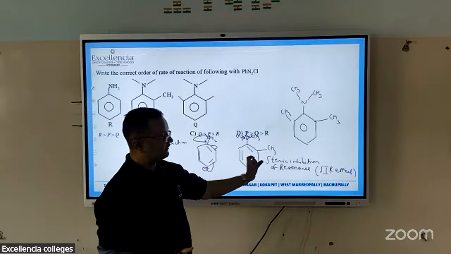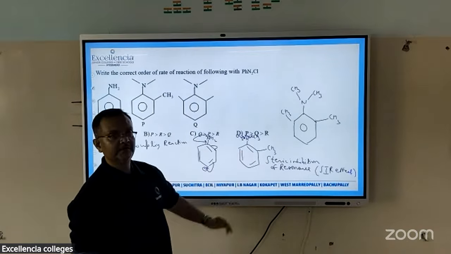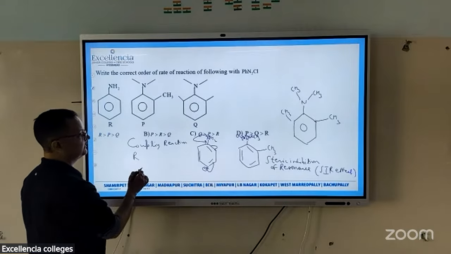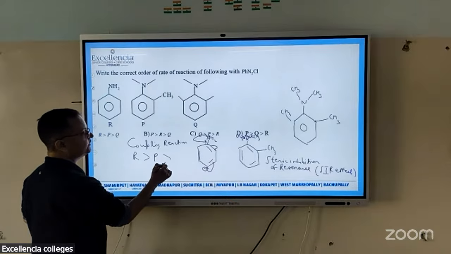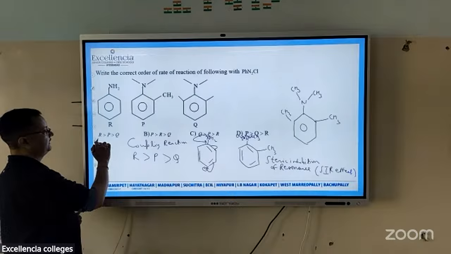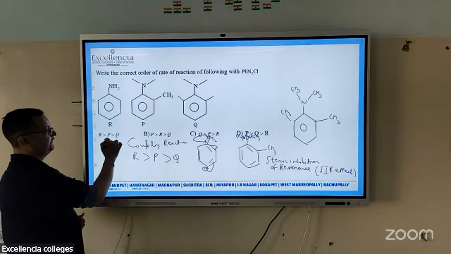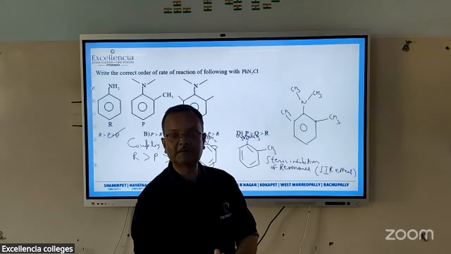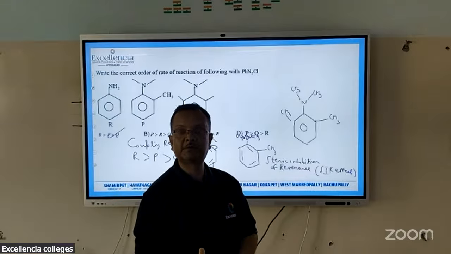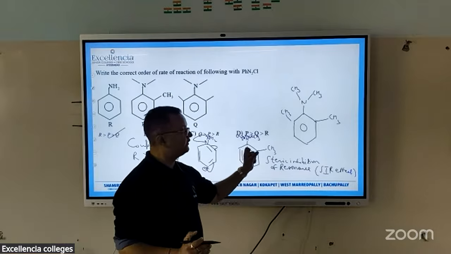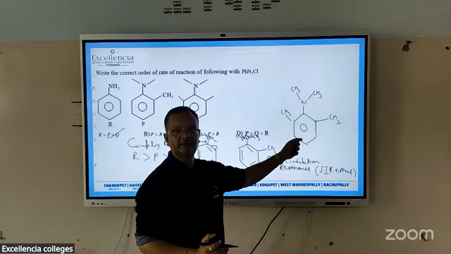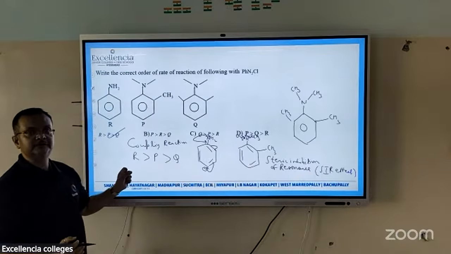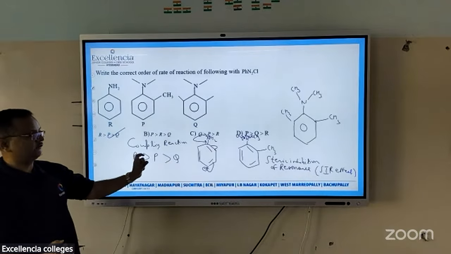So because of the SIR effect occurring in these two compounds, what's the answer? This is the most reactive, so the answer will be R. The number 2 should be P, and the last one should be Q. So this is the RPQ option. Please have a look at that. This was a very nice question, and we are dealing with the concept of the SIR effect, steric inhibition of resonance effect, which is acting in the second and third compounds. But in the third it acts more heavily, so because of SIR our answer comes in this order.